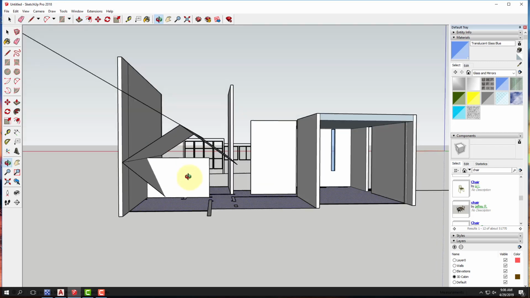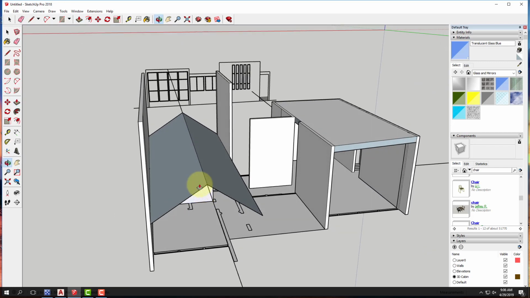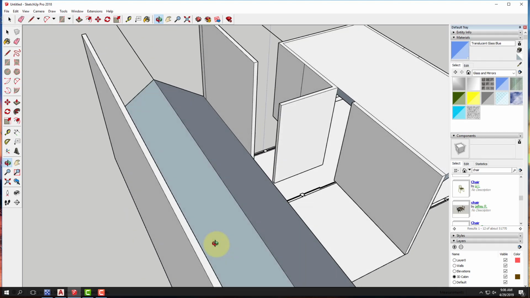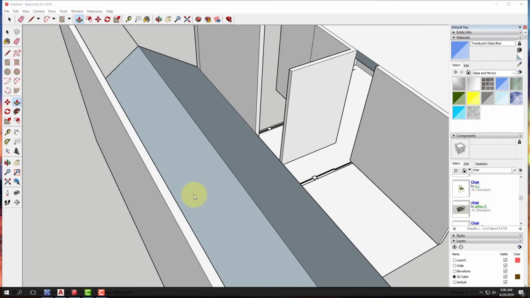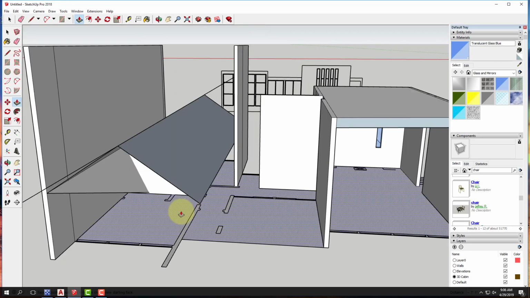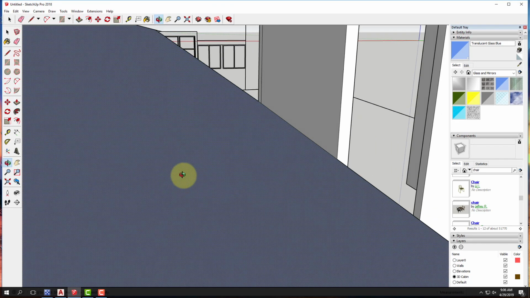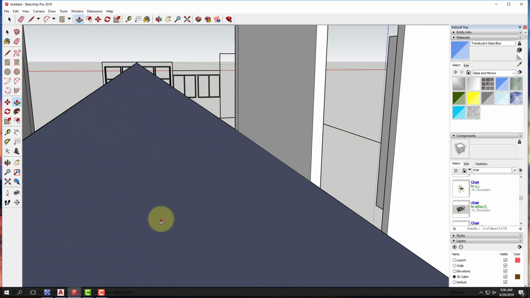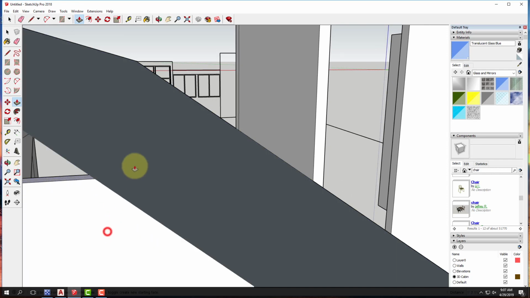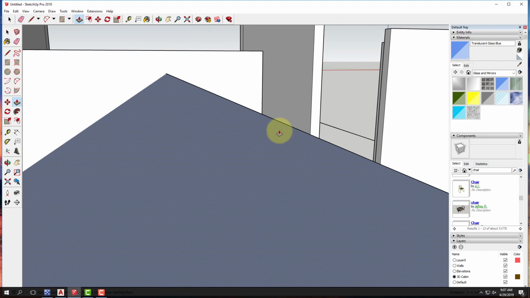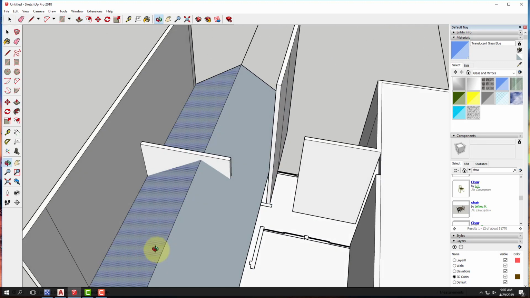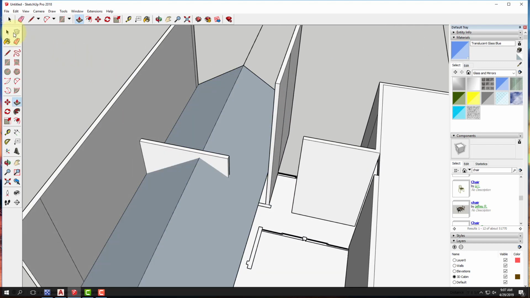All right. It's always fun when things don't work the way you want them to. All right, there we go. So it goes past where that roof line would be. You can then take this plane here and this